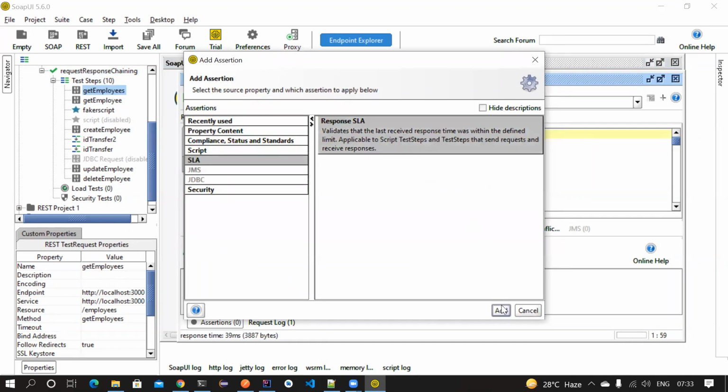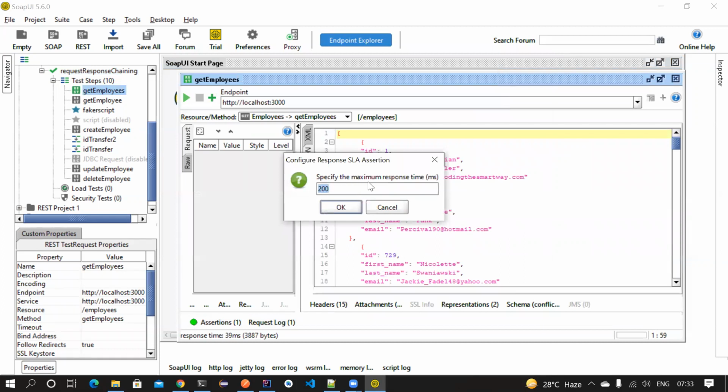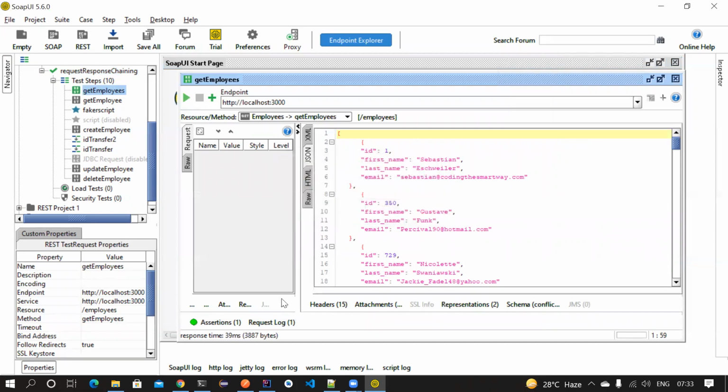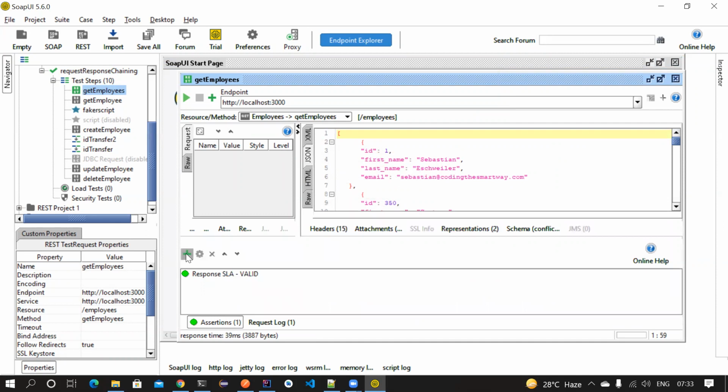Let's choose this and then click on Add. Now it is asking to specify the maximum response time. I want to maximum allow 500. If it is more than 500, it will fail. Now we have added one assertion. What else can we add? We have also done